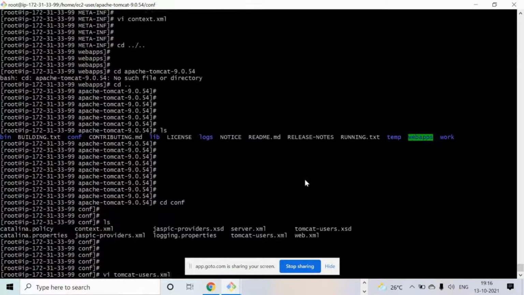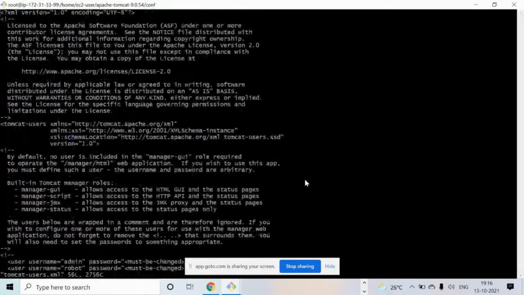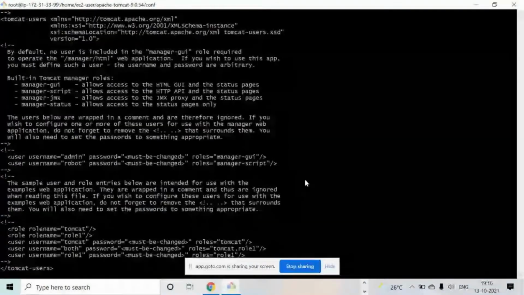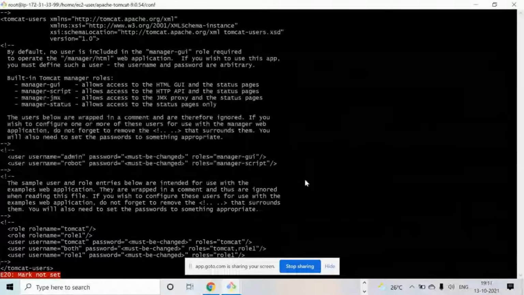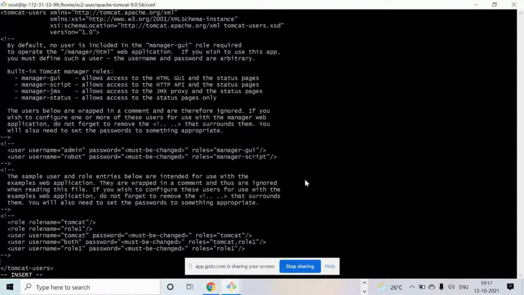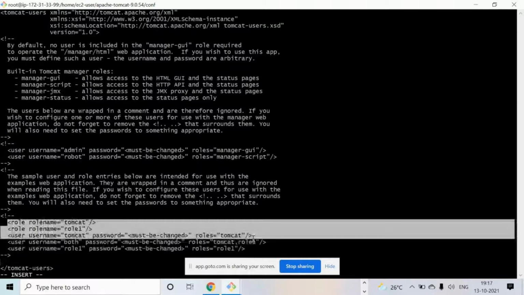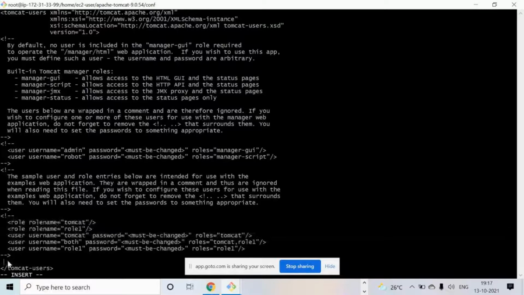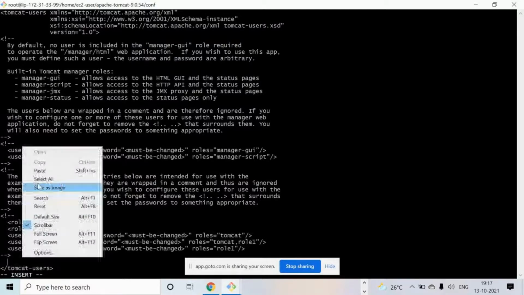You have to open this with vim and come down to the downside under this arrow, escape, O, in insert mode. Then I'll enter under this arrow. You have to copy these three lines and paste here.